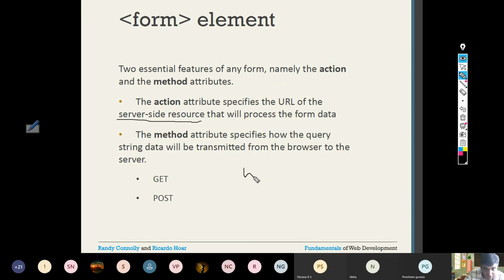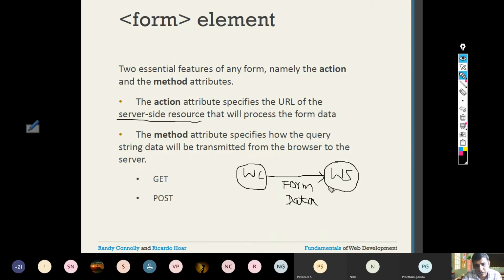So that means a web client will transfer the data to the web server. Which data, you may ask? I will write the data. The user-entered form data. Whatever data is entered in the form by the user. So anyway, form data is being transferred from client to server.